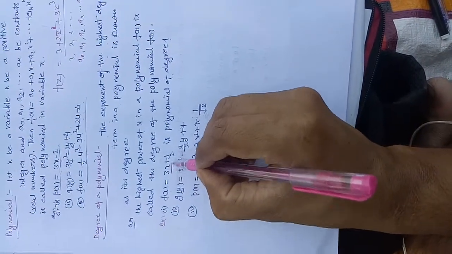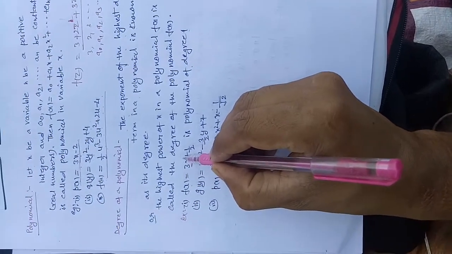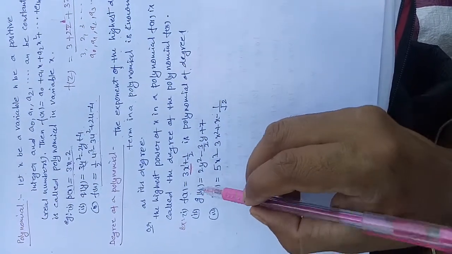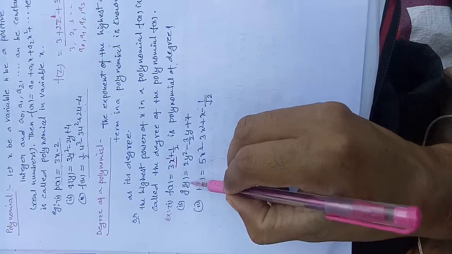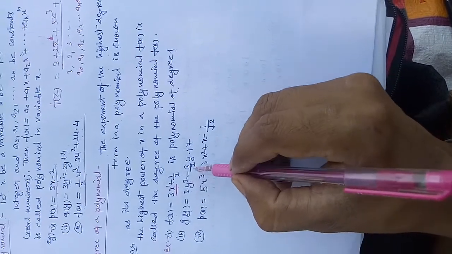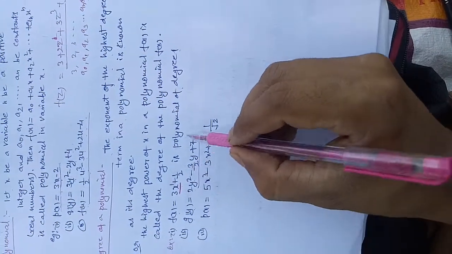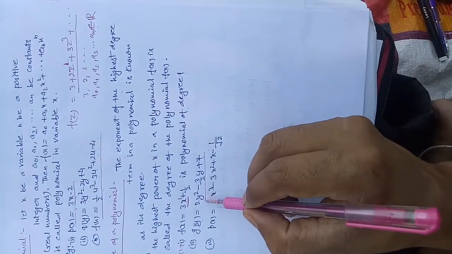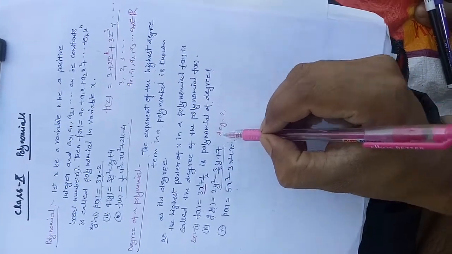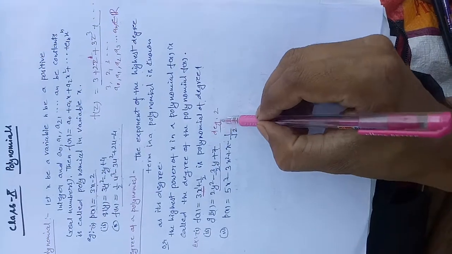Why? Because the highest degree of the variable in this polynomial is x raised to 1, that means here we have 1. Now let's take another example. g(y) is another polynomial in terms of y variable, and its value is 2y square minus 3 upon 2y plus a1. So we have a polynomial in y variable, and its degree is 2, because the highest degree of this polynomial in the variable is y square, so here the degree is 2.